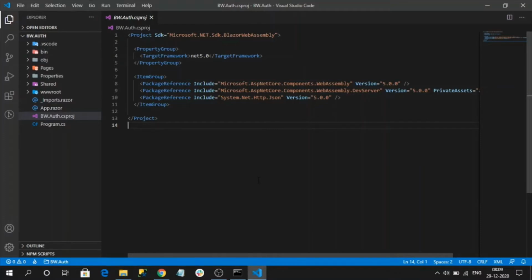Got it? Authorization can block both authenticated and non-authenticated users. For authenticated users, it will check the roles and claims and some other custom logic we can implement to protect our pages from users. So from this we can understand that before authorization, we should have authentication.